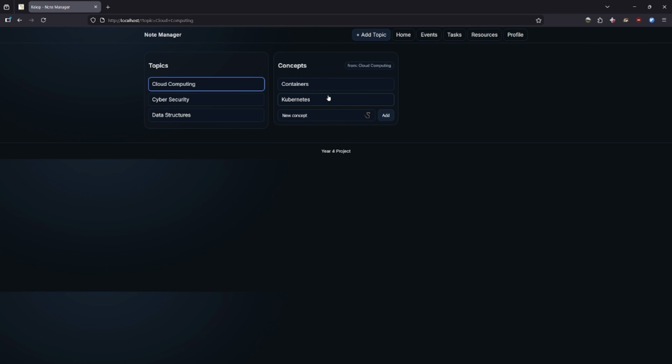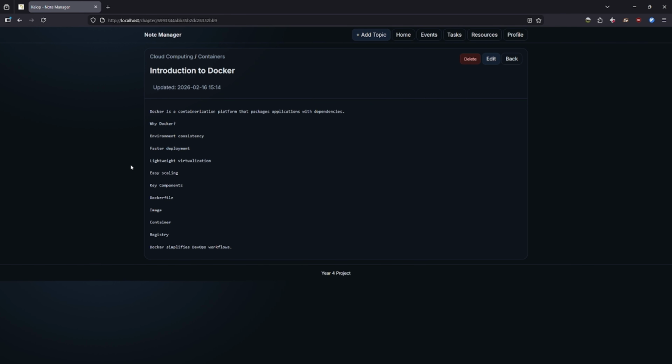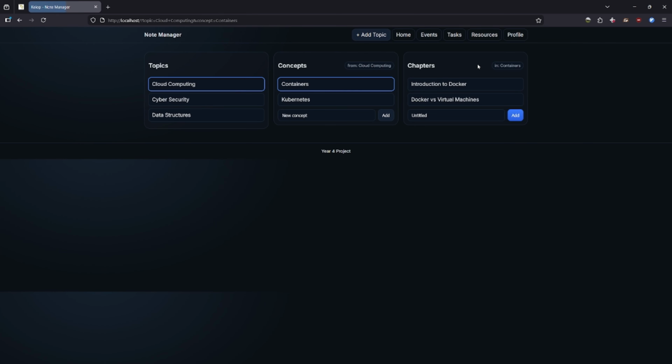There we have 2 different concepts. I already added them by hand before doing this video, so let's take containers, for example. Then you will see the chapters. I'll pick any of them, and then you will see the note itself, where you can edit it, delete it, or go back. Also, it displays a timestamp, and you could go back by pressing any of these 2 buttons or going back